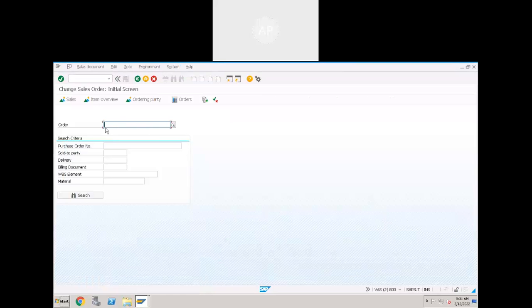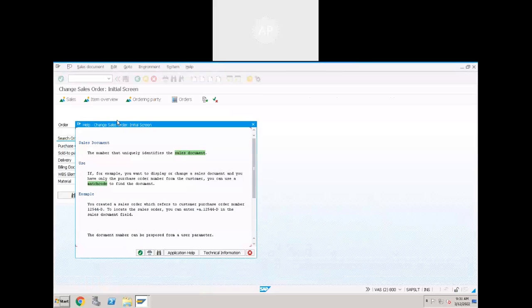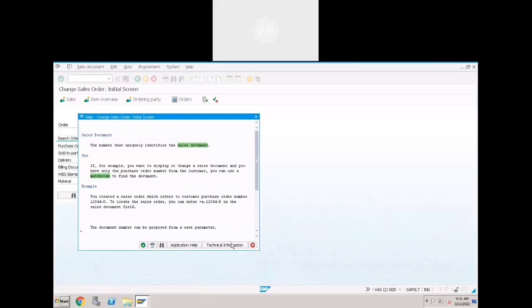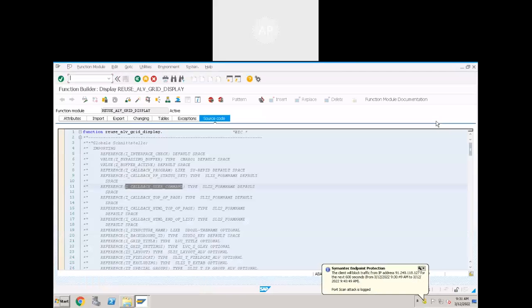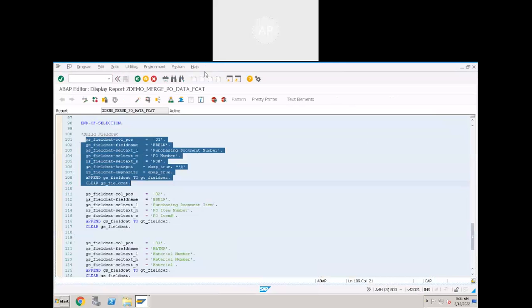Click on this order number field. Click on F1. Go to technical information. I think this is an ECC system. Let me show you in our S4 HANA system. VA02.